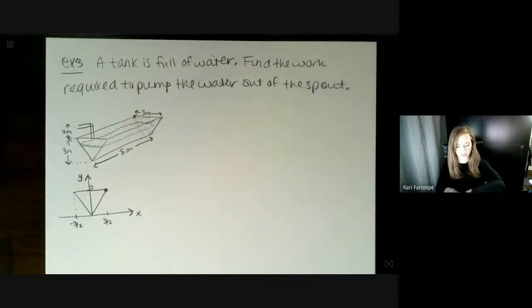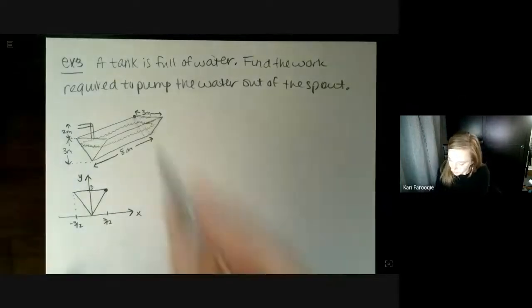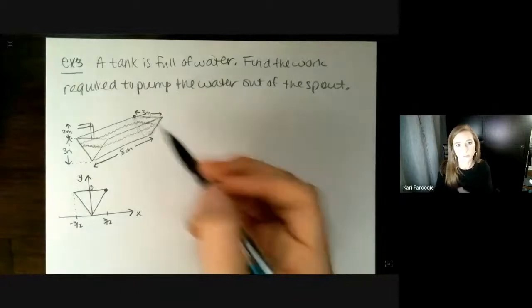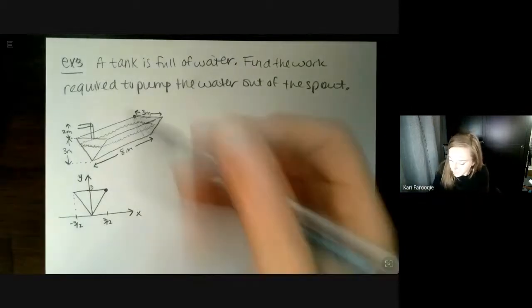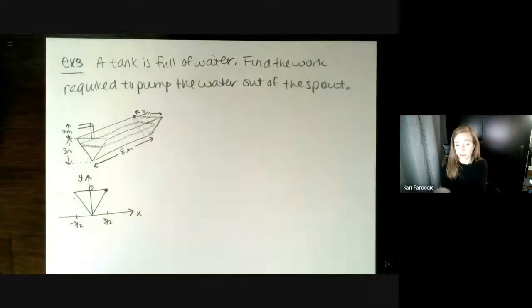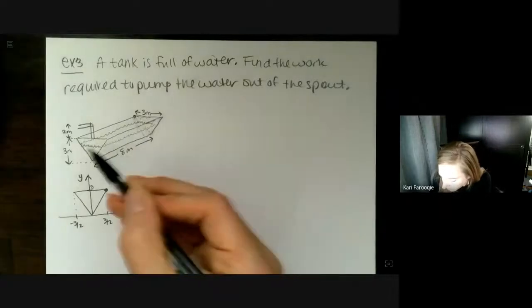Okay, now we are going to pick a layer out of here. So remember how I said we're thinking about the area of the layer. And it's weird to think about a layer in terms of water because water is a fluid. But when you're thinking about a layer and we're moving this water up, we're pumping it upwards. When we pull this layer out,